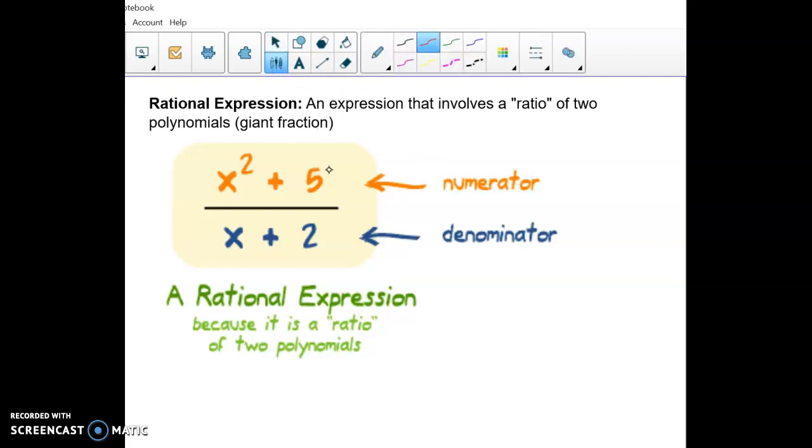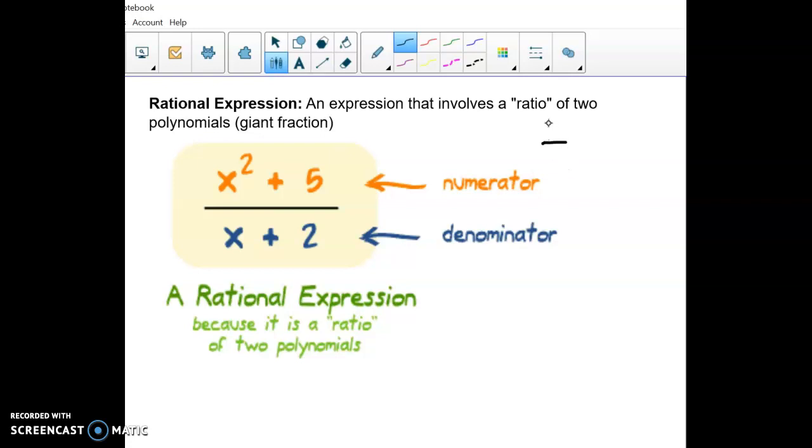Okay, so this is just kind of a supplement to lesson 8.4 day 1. When you're dealing with rational expressions, one of the ways they're different than a fraction is you can have restrictions on the variables, and that comes from the fact that when you have a fraction, the bottom number, the denominator,